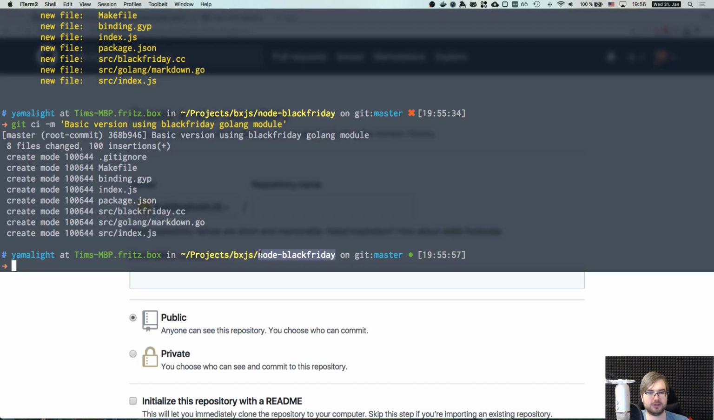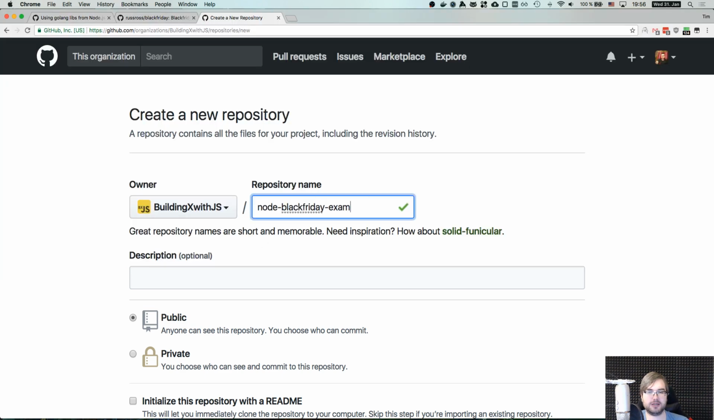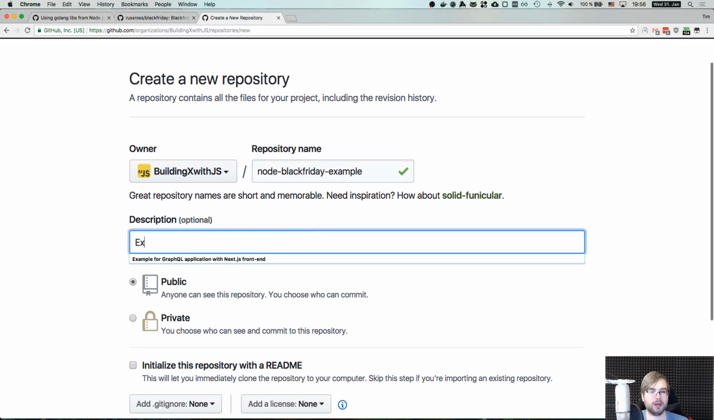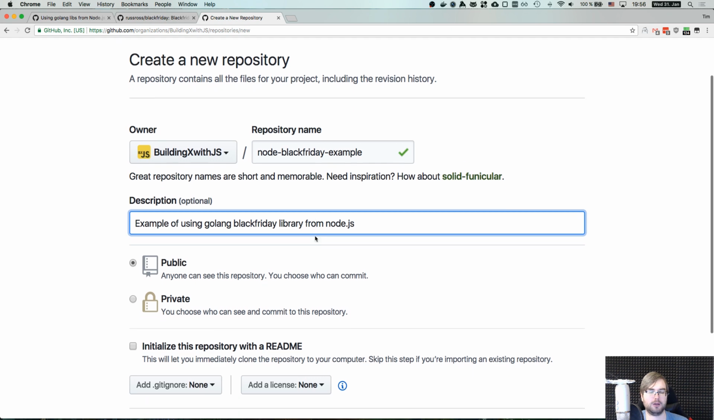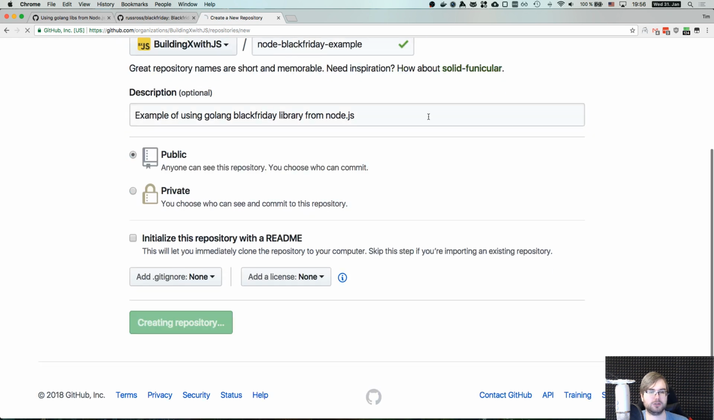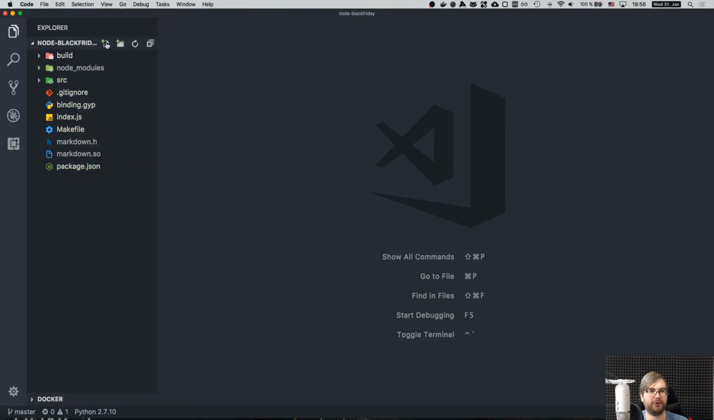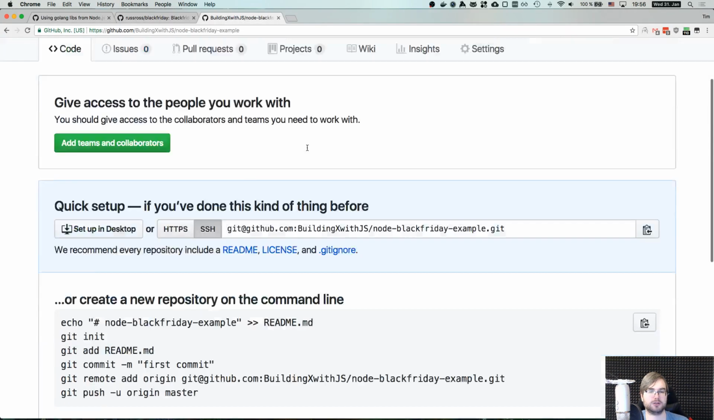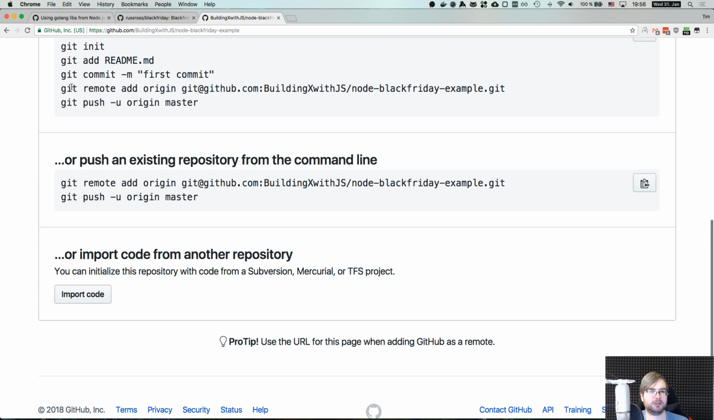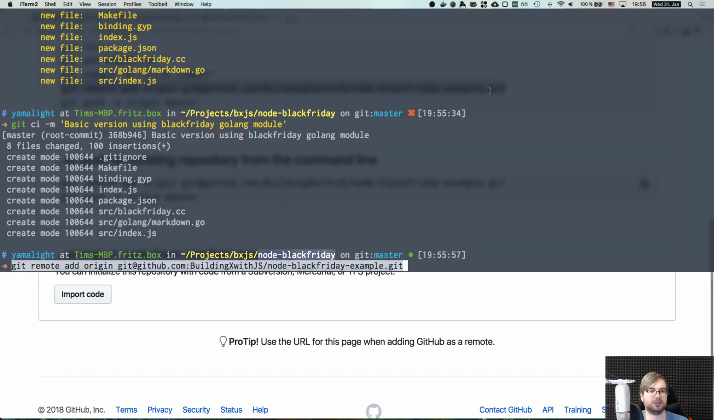Yes, let's call it Node Black Friday example. Example of using Golang Black Friday module or library, I guess, from Node.js. Okay, we can do this. We need a README file, right? README. So we can add